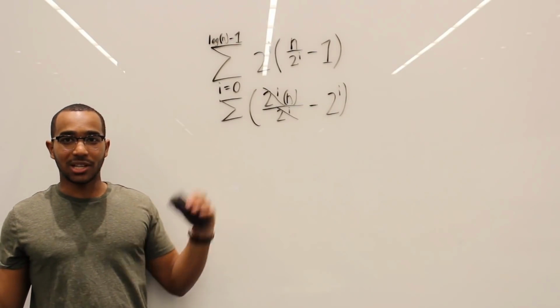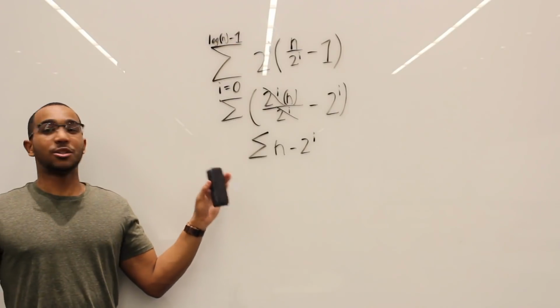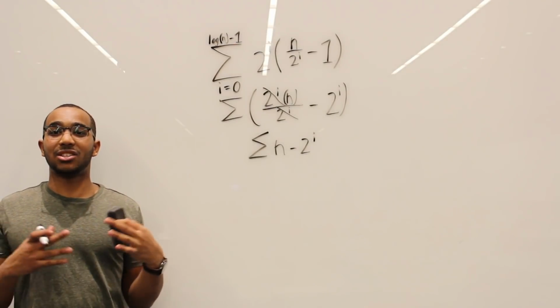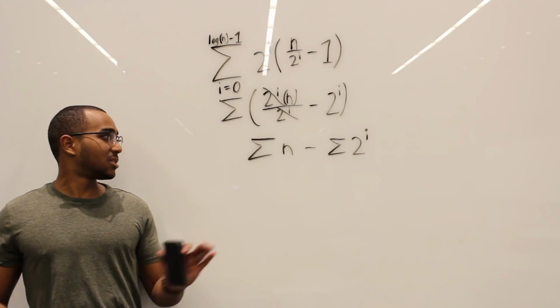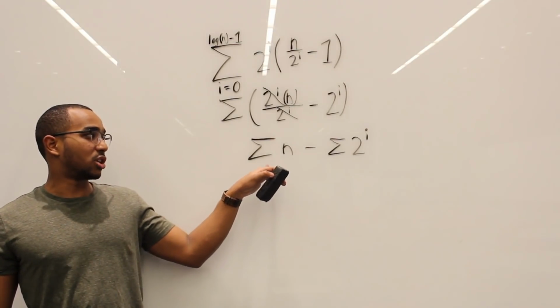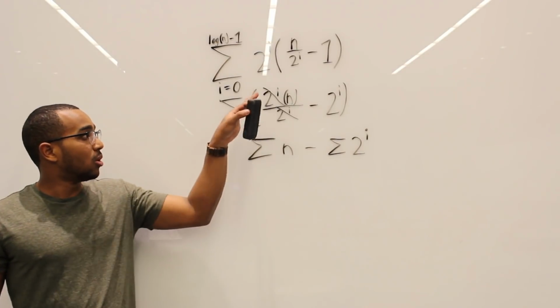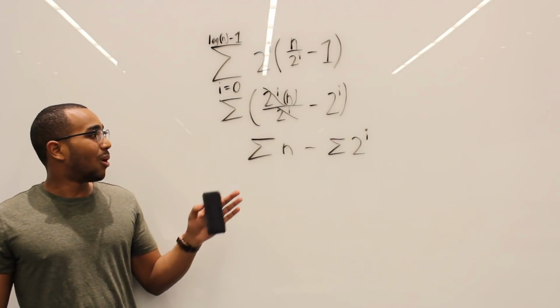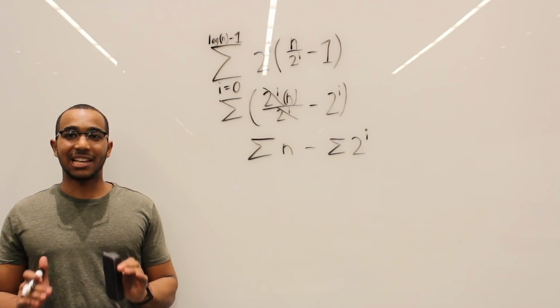So let's express that. Okay, so that is our new equation, and what we can actually do is split these and subtract the summation. So watch what happens here closely. Does that make sense? All I did was split the summation into the summation over n and the summation over 2 to the i. So we have these steps so far. So what we can do is re-express this, and I'm going to write this as a solid formula.